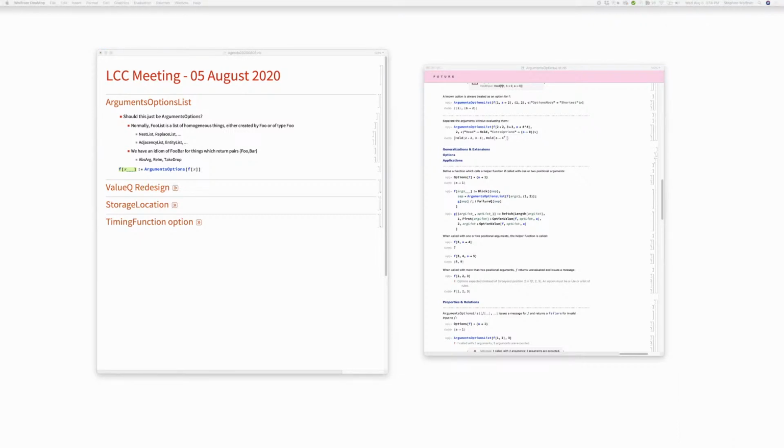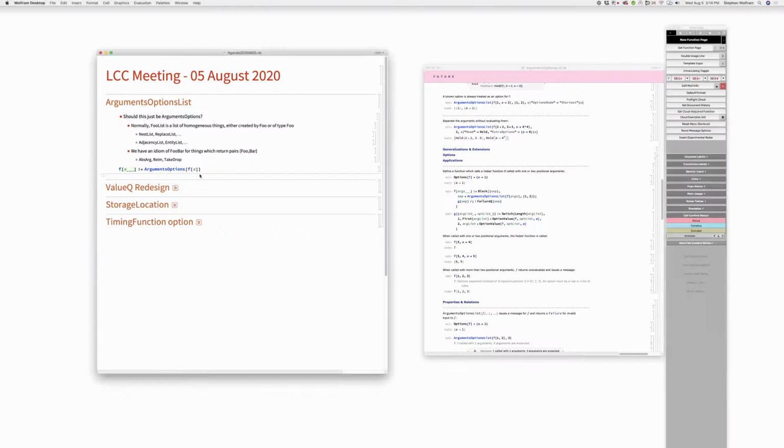I mean, they're sort of playing around. I mean, this is automating the process of testing arguments, argument counts, and when you have ambiguities between what are arguments and what are options. What would you really like it to do? I mean, a typical pattern here that we would do is to say f[x___, opts:OptionsPattern[]]